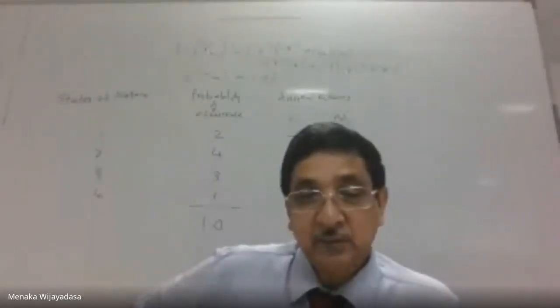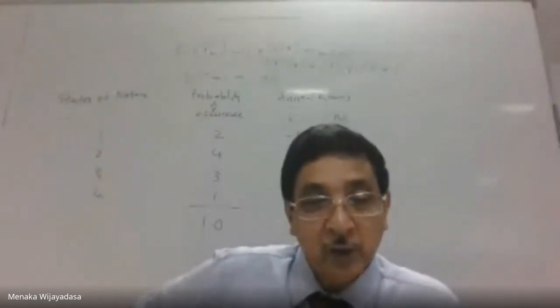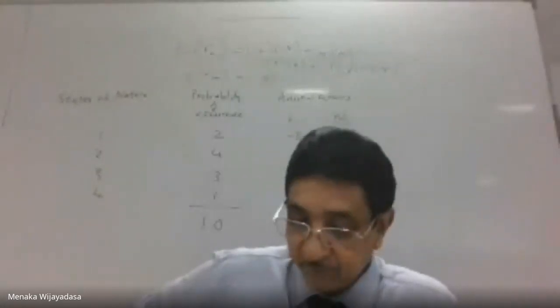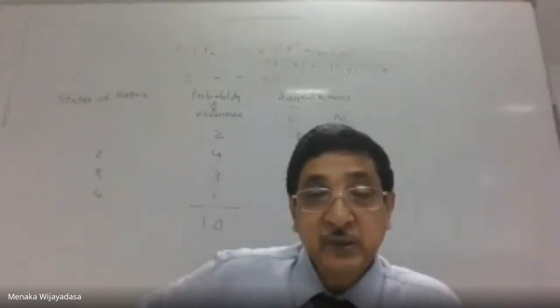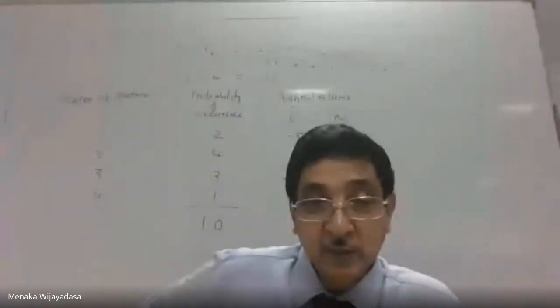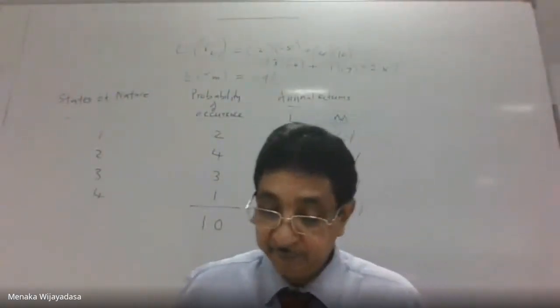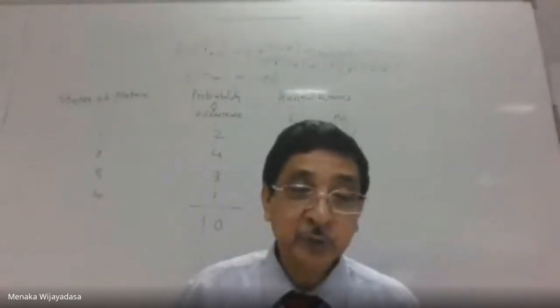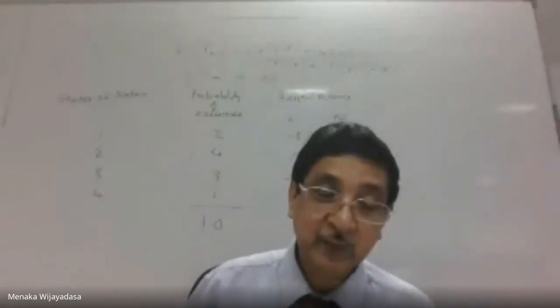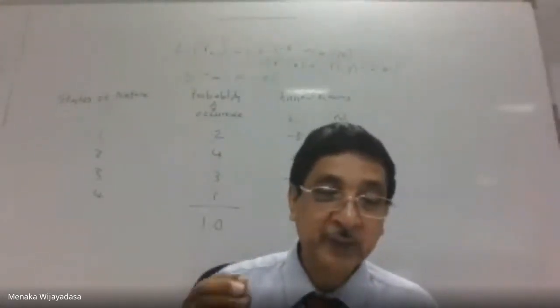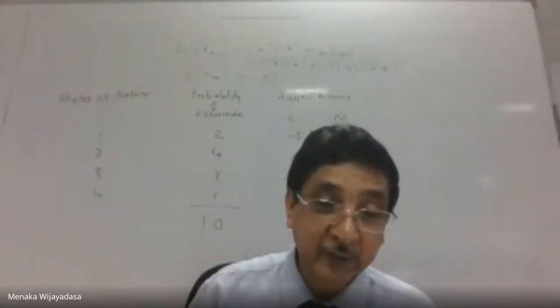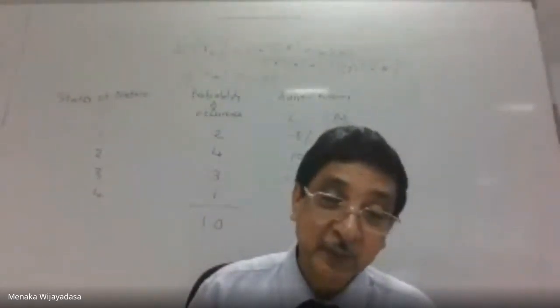So I think this is a very simple exercise. You all can do that on your own, but this is a demonstration. In the demonstration, I will put it on the board and give a certain way of doing it. Then you can clearly understand that. Now, what we mean by covariance is, for each of these returns, you have to deduct the expected rate of return from each of these returns and multiply it with the respective probability.